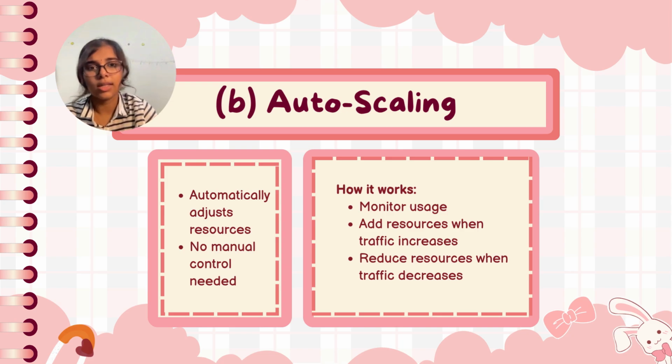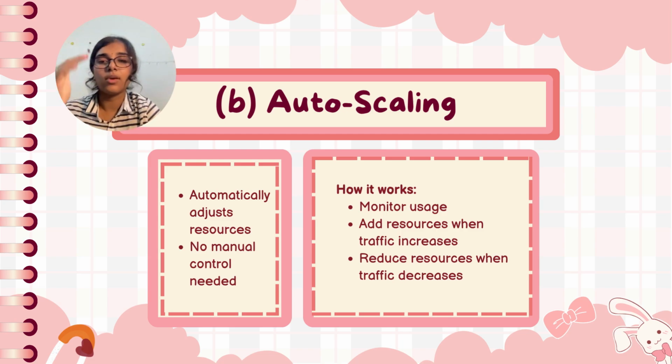For example, during a big sale on platforms like Shopee or Lazada, millions of users access the website at the same time, and without scaling, the system might crash, lag, or undergo a whole jam because of the high traffic. But with auto-scaling, more servers are instantly added to handle the traffic and withstand the pressure. Once the traffic goes down, the extra servers are removed, which again helps reduce cost and provides smooth, enhanced performance.